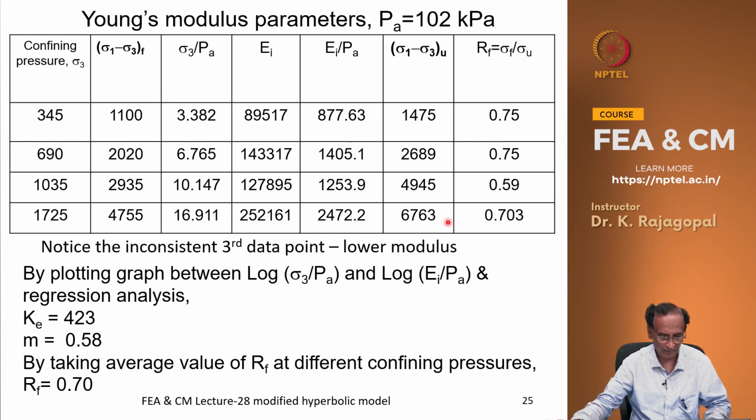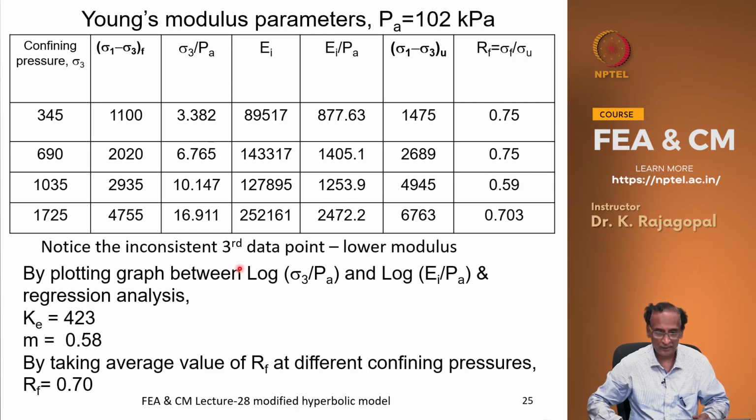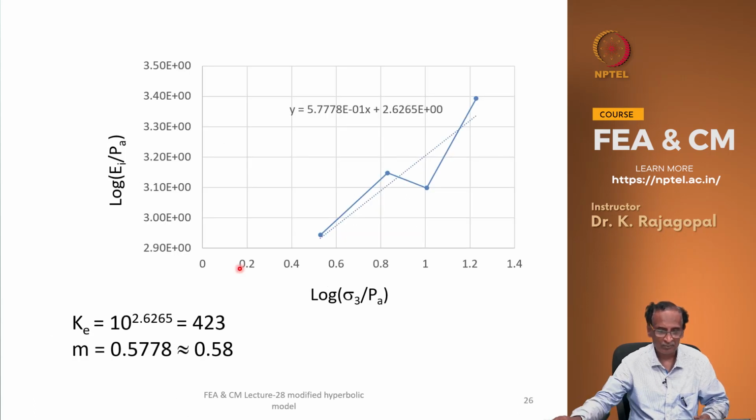do is we just simply take an average value of RF, because we do not have different RF values at different confining pressures in that equation. So, we take an average value of RF and use that same RF at all the confining pressures. Okay. And if you plot a graph between